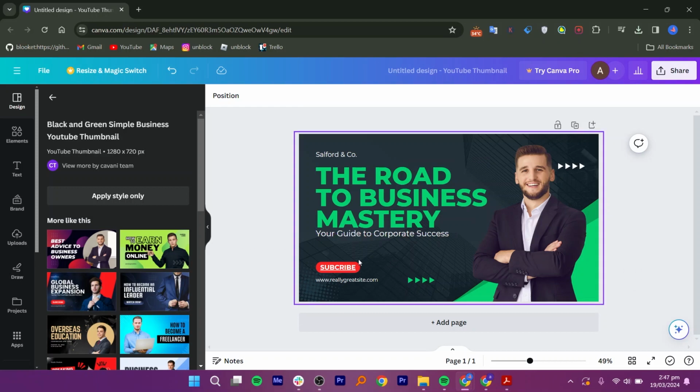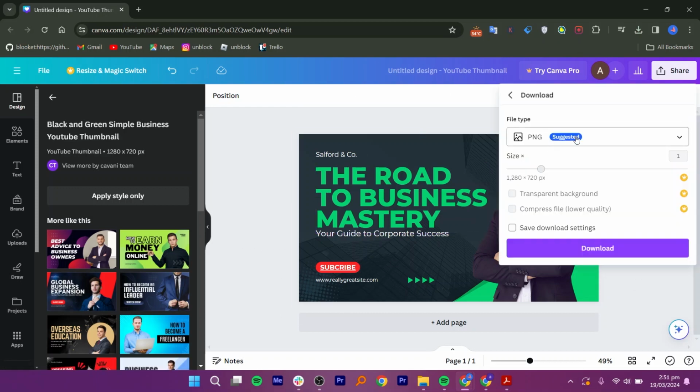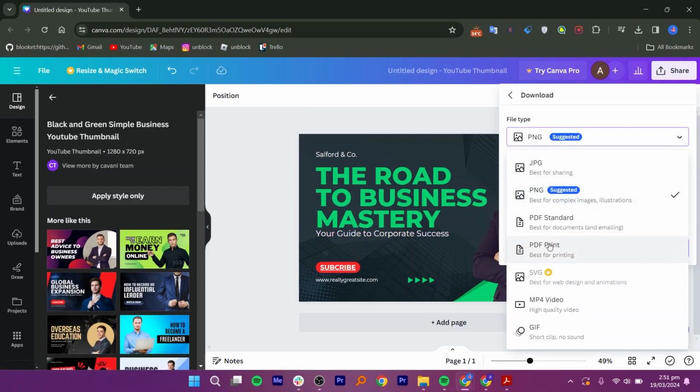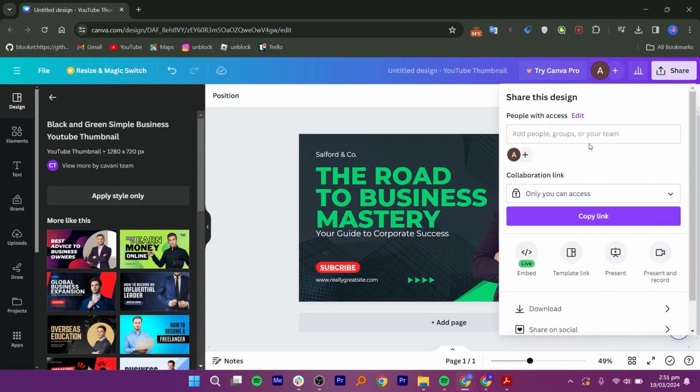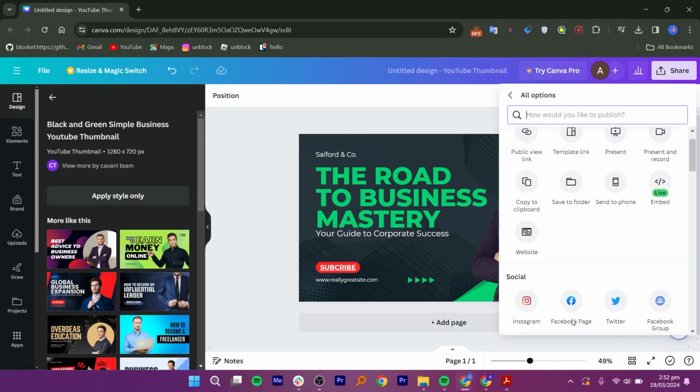Let us say website link added. Now, it is important to remember that once you download the design as an image, such as a PNG or JPEG, the link won't function. That is intentional. It is the inherent behavior of images. However, unless you opt for adding image maps through code,